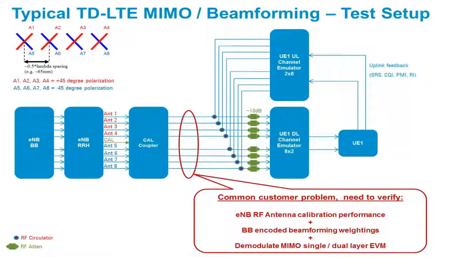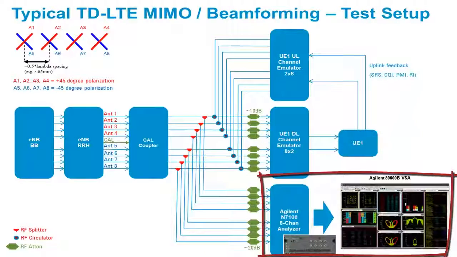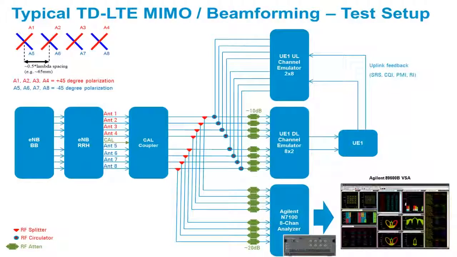This is important in order to validate base station RF antenna calibration performance, baseband encoded beamforming weighting algorithm correctness, and demodulation of MIMO single and dual layer EVM at the RF antenna. The solution to this problem is the Agilent N7100 multi-channel signal analyzer, along with the 89600 VSA software installed with